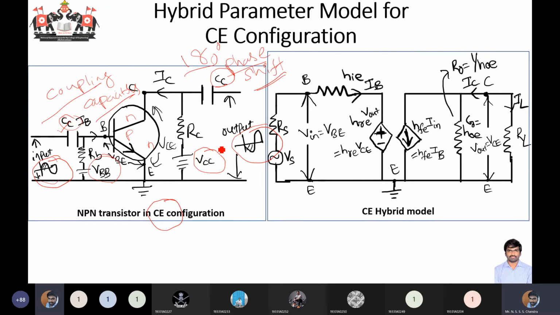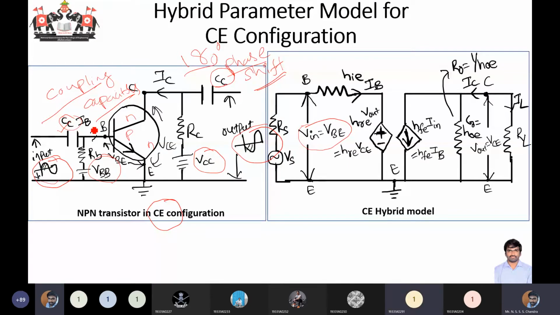This analog circuit, if I represent it by means of a linearized two-port network, I can redraw in this fashion. Earlier we have already drawn this portion. So I have a V1. This is your V1. I'm writing V1 as V in. V in is nothing but, in a common emitter configuration, what is your input voltage? Please respond. What is your input voltage?